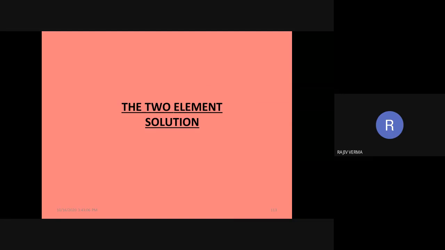Tomorrow we are going to cover the 2 element and the 4 element solution. On Sunday, Monday and Tuesday, there won't be any lecture. These 3 days are for your preparation, or maybe you can go through the topics which we have done so far. And we are going to take a new lecture, which basically is going to be the programming of what we have done so far, from Wednesday onwards.